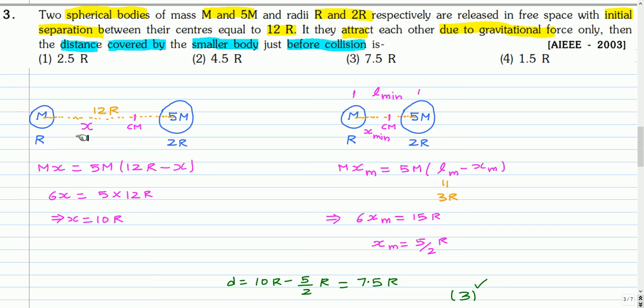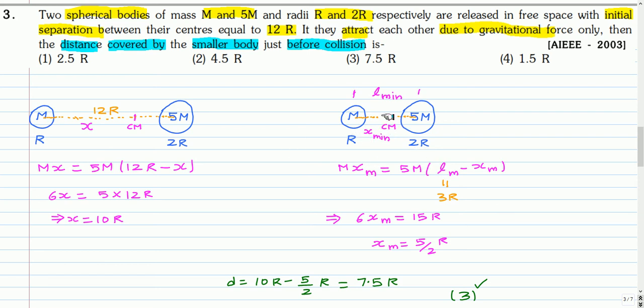Since this is the center of mass and m is at a distance x, m into x should be equal to 5m into this distance. This distance is the total distance 12r minus x. So from this we get x as 10r. So the center of mass initially is at a distance 10r from the smaller body,